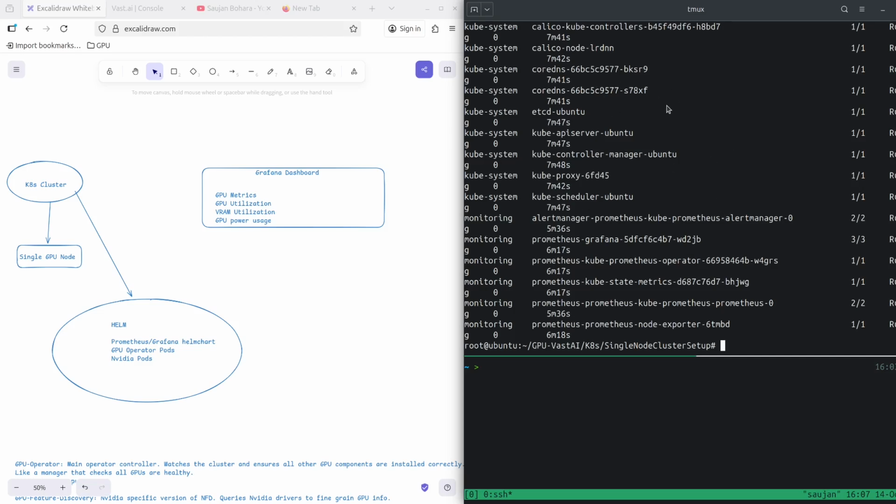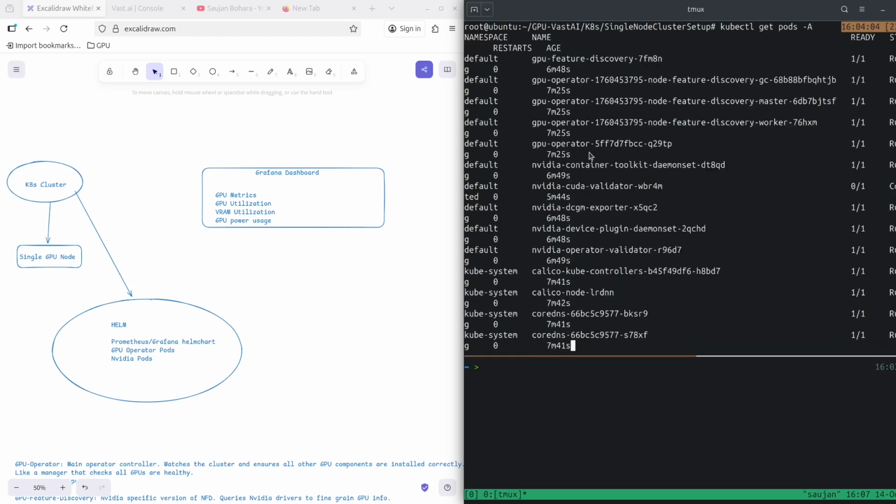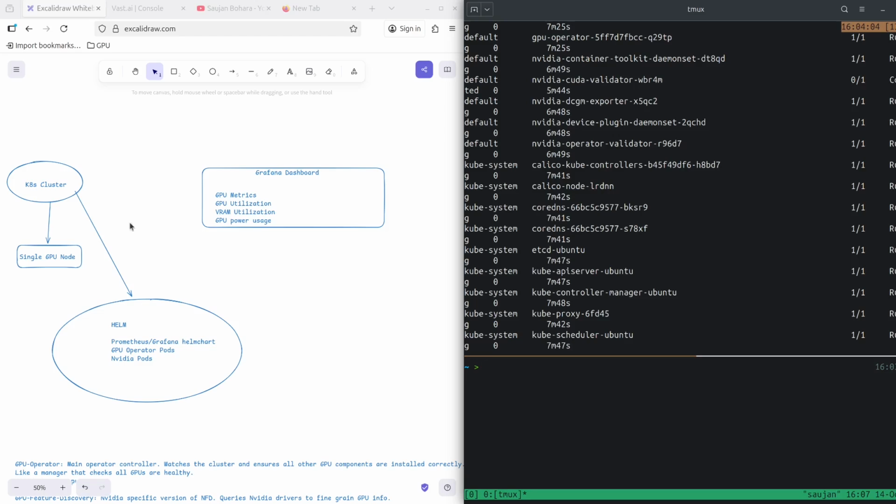Okay, folks, the script has completed. It has installed a Kubernetes cluster, and there are a couple of namespaces here now. Kube-system, where all of our control plane stuff is, and my monitoring namespace, where I have my Prometheus Grafana related pods, and then we have a default namespace where we have our NVIDIA and GPU operator pods as well. So the setup so far is, we have a Kubernetes cluster in a single GPU node. We used Helm to install all of these